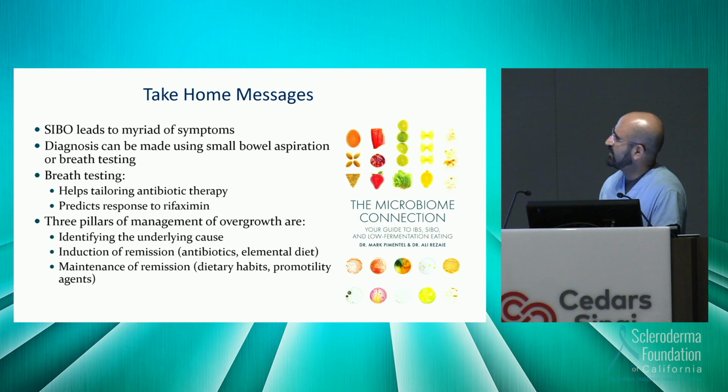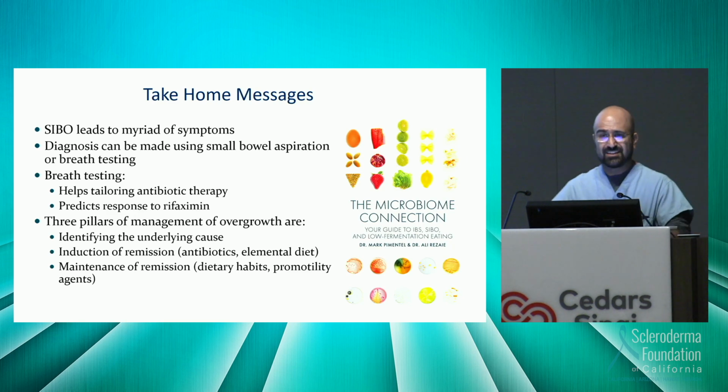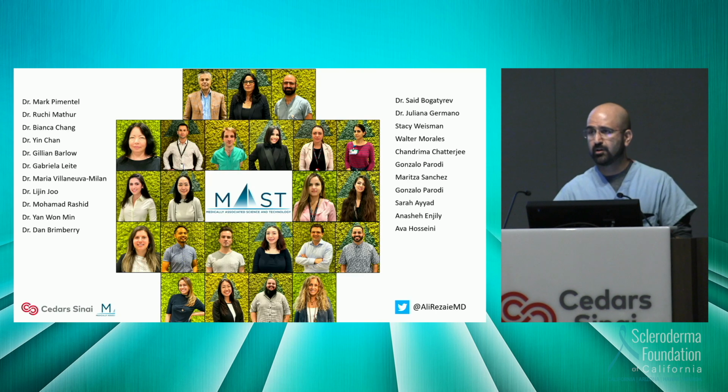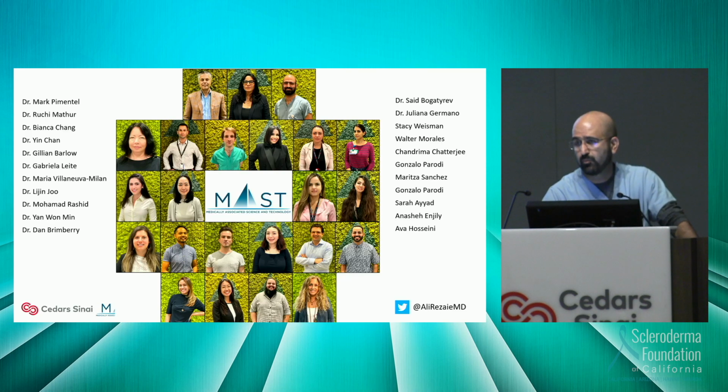So just to give you an idea, there are a lot of symptoms that can happen with small intestinal bacterial overgrowth. We diagnose it mostly with breath testing, but if needed, a small bowel aspiration. Induction of remission and maintenance of remission is very important. But this is something that is not going to completely go away, so we need to maintain it. So that's one important thing to understand in terms of management of it. And in a lot of cases we do this irrespective of the pathology in patients with scleroderma in terms of dietary habits, but more importantly, the pro-motility drugs that help to get the bowels pushing. But hopefully with the help of the medications that Dr. Boyne discussed, hopefully we can even restore the motility of the small bowel, hopefully one day even cure these. And these are our team,